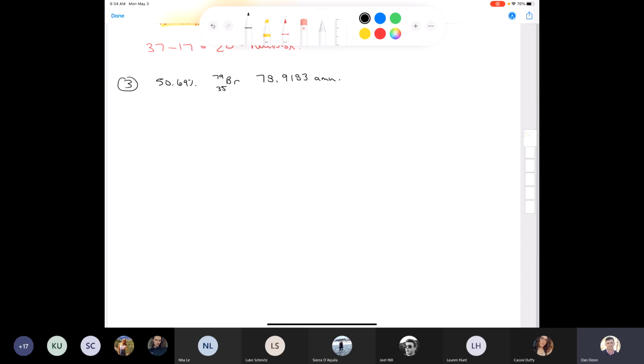Well, you can see that the bromine 79, its atomic mass is pretty close to 79. It's only a tenth away from 79. And so we can infer that if we figure out the mass of the other isotope in atomic mass units,